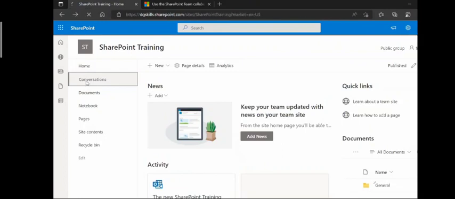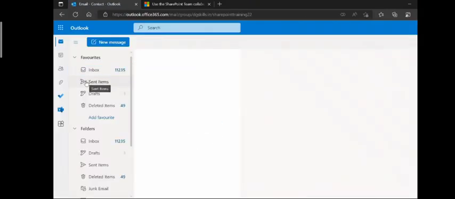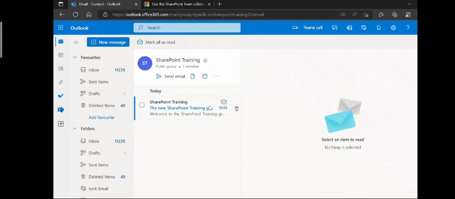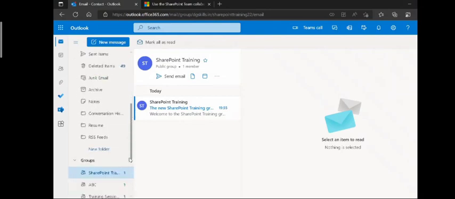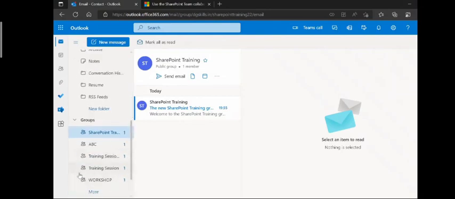Now for the conversation purpose, if you go here, you will be able to get a group, right? So you have landed up in a SharePoint training group that has already been created. You can send mails from here. You can even go to the group files that are available and even go to the group calendar, right? So this group will only carry messages for the SharePoint training, right? And as you can see, a group has already been created, so you can see the SharePoint group is already here. Now, if I go back,